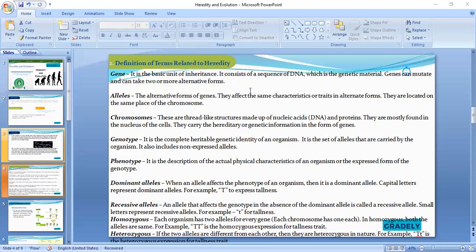Now we have the DNA and we have the what? RNA. Now the DNA is deoxyribonucleic acid. RNA is ribonucleic what? Acid. DNA is found in the living system. Are you getting it? DNA is found in the living system. Meanwhile, RNA is found only in the what? In the viruses. I hope you're following. So that is it about the nucleic acids.